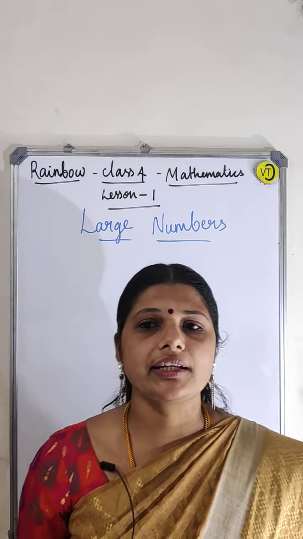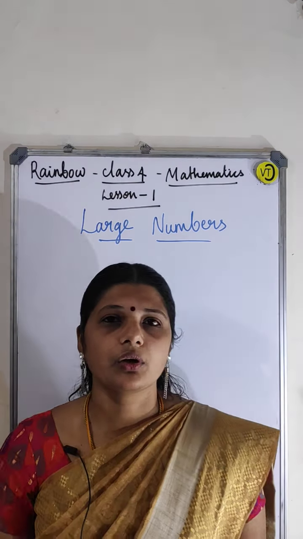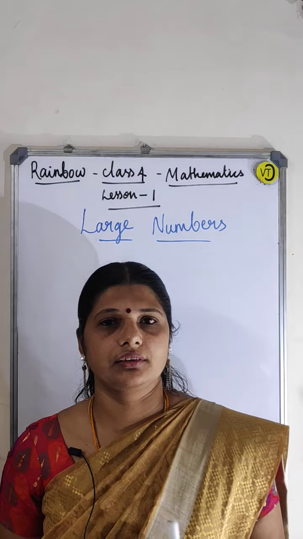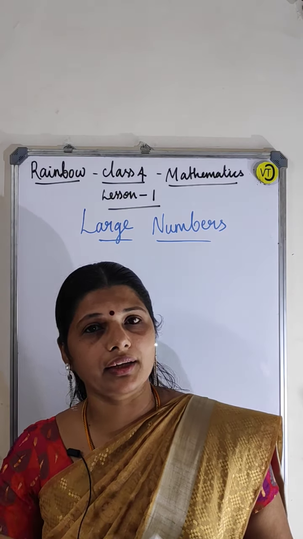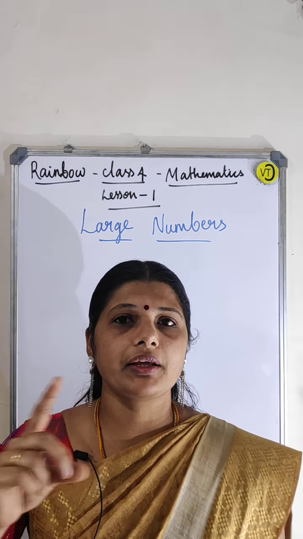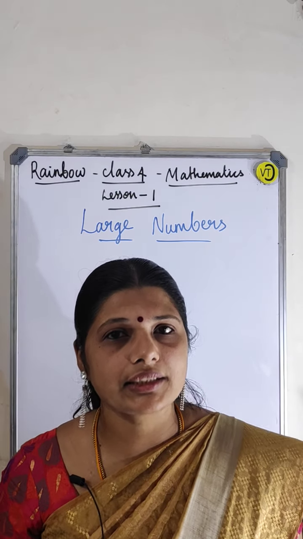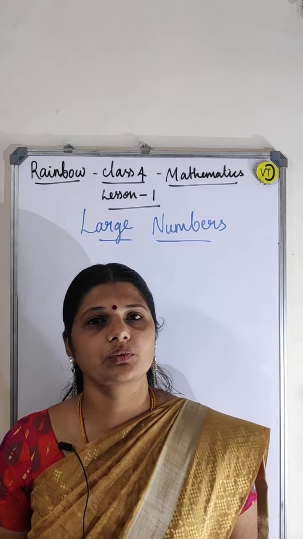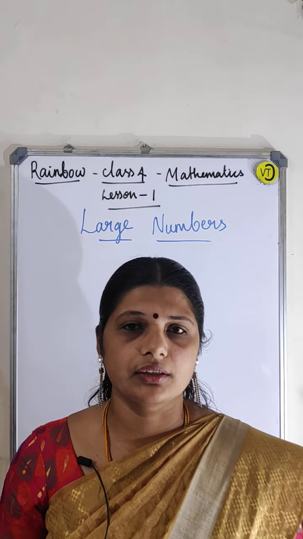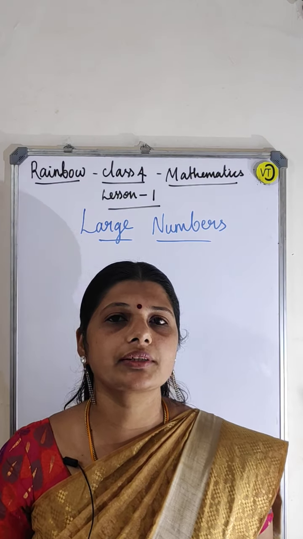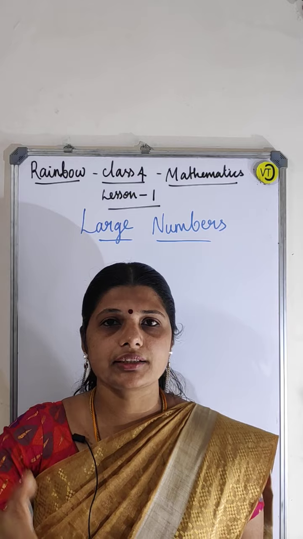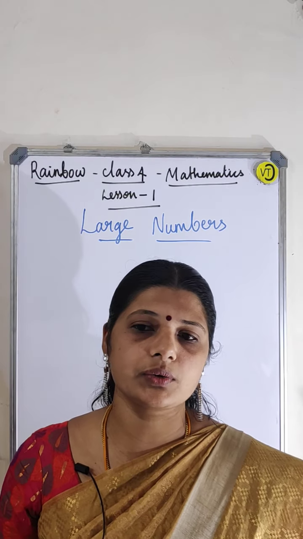Now 5 and 6-digit numbers. What is 1 more than 9? 9 plus 1 is 10. 1 more than 99: 99 plus 1 is again 100. So 999 plus 1 is again 1000. So